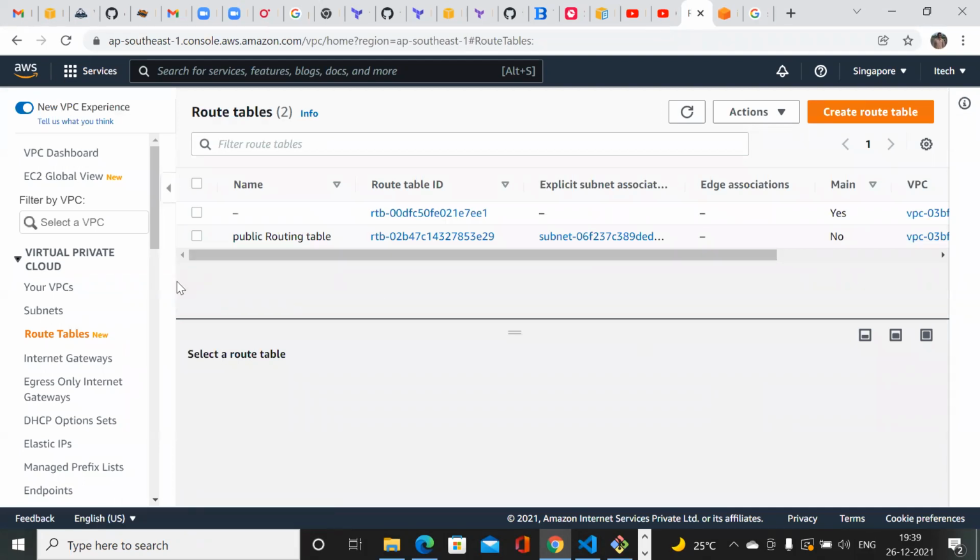Okay. So the answer is, please keep in mind, we cannot access any EC2 instance with the private IP address, because a private IP address is not routable on the internet. We can access only the public IP address on the internet. No private IPs can be accessible from the internet. So just keep in mind.